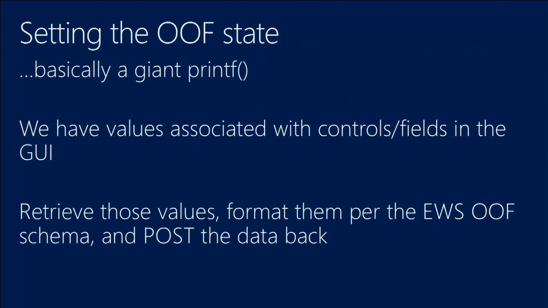So how do we set the OOF state? I showed you a little part of what that code looks like, but really what we're essentially doing is a big printf. We have a block of XML that we know the server will accept, and we just need to plug in the values for things that we care about, making sure that we put them in a format that Exchange will accept. As an example,